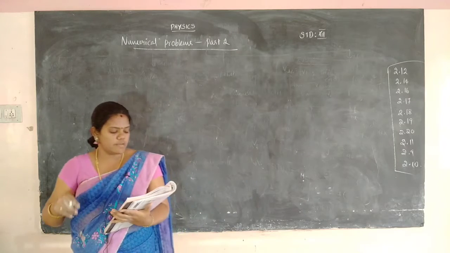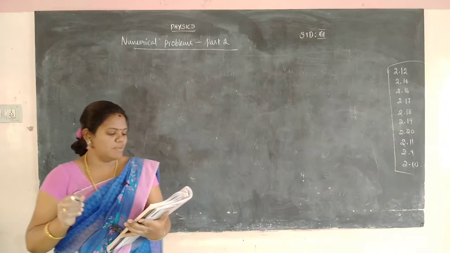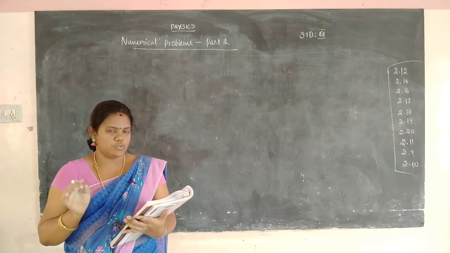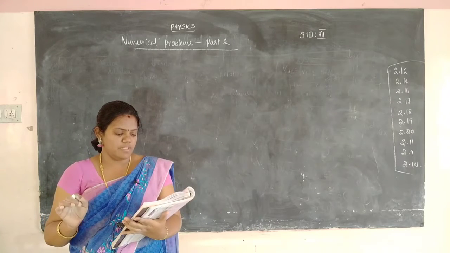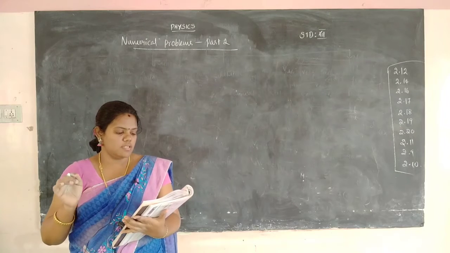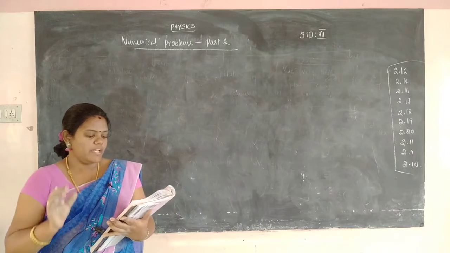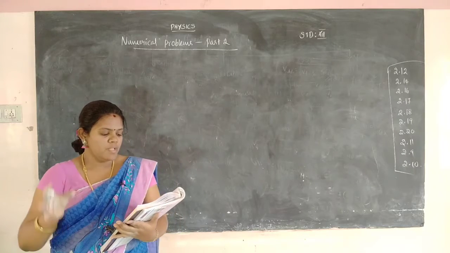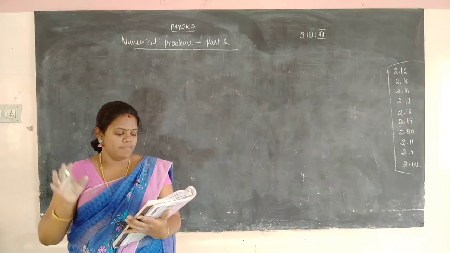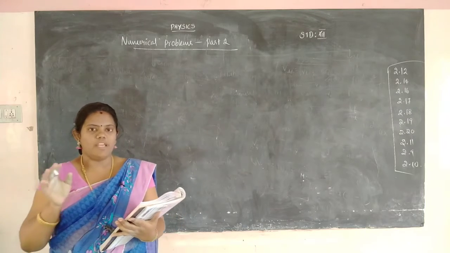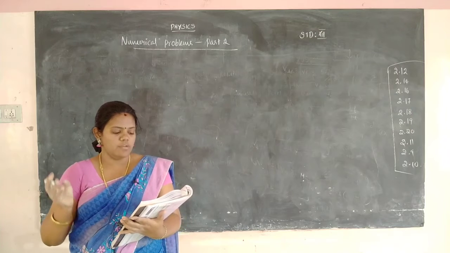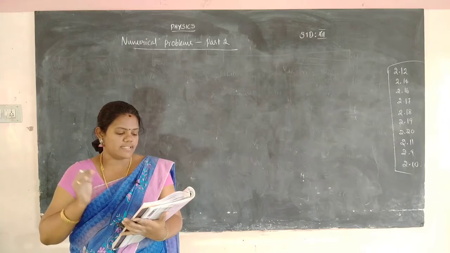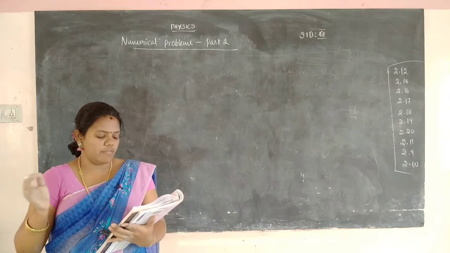Okay, first the 7th one. An electronics hobbyist is building a radio which requires 150 ohm in her circuit. An electronics hobbyist அப்படினா ஒரு electronic machines, ஒரு radio, அந்த ரேடியோல it will require 150 ohm in her circuit. அதோட circuit க்கு 150 ohm தேவை. But she has only 220 ohm, 79 ohm and 92 ohm resistors available. How can she connect the available resistors to get the desired value of resistance?